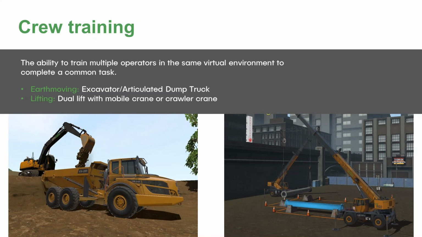So crew training, as we're mentioning, so there's the 2 examples of crew training. R2C is working together to move a pipe around. Excavator and dump truck, you bump the dump truck, you're going to feel it. And the dump truck needs to go to a different part of the site to dump the load. Excavator cleans up the site. If they're creating holes, the wheels will get stuck inside them. So it's all about moving a certain amount of material. And if you can do it in 3 loads or in 4 loads, working together, really backing up and using your horn for communication, all that stuff is inside the crew training.